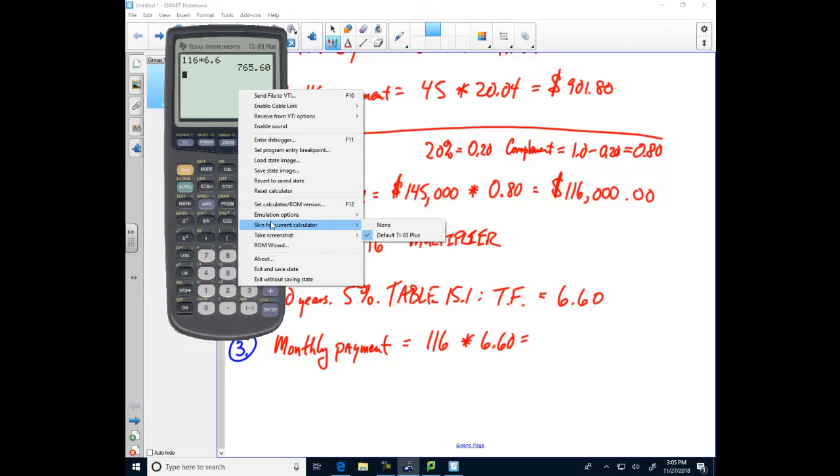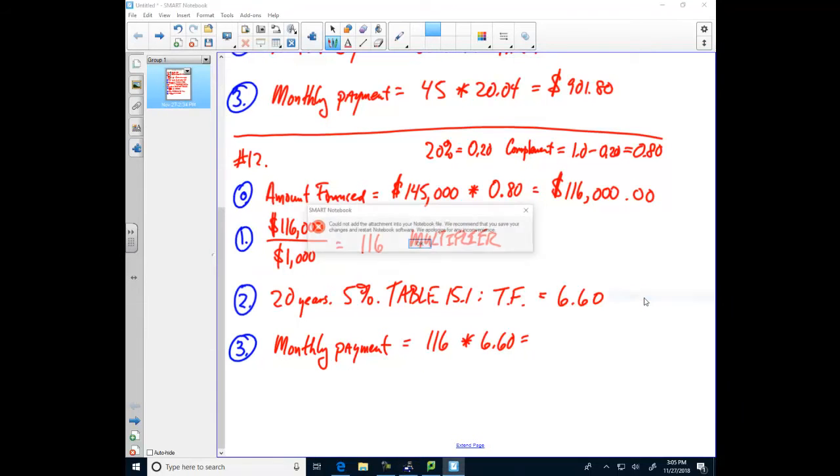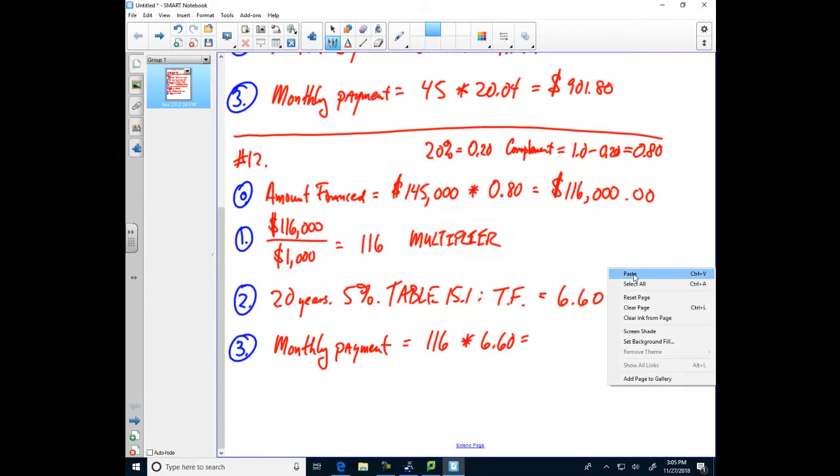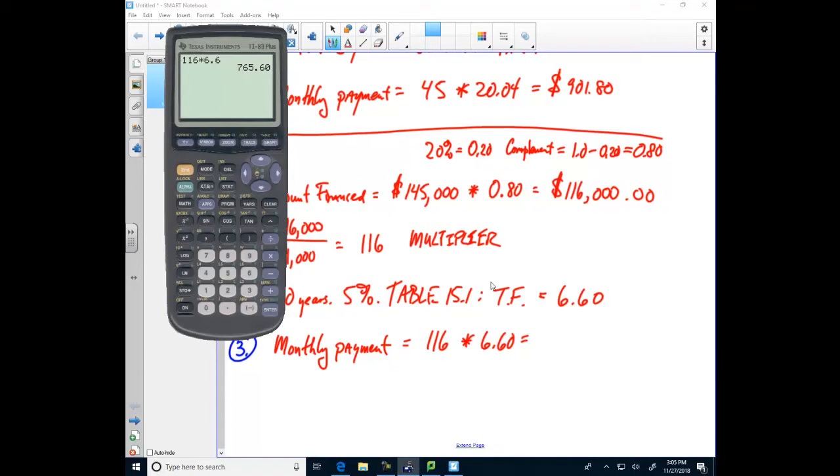I'm in the copy doing screenshots. Okay, now it makes sense why it's. Oh, shit, we know which one it is. Oh crap. He did this on me the other day. So it was 765.60. Now,